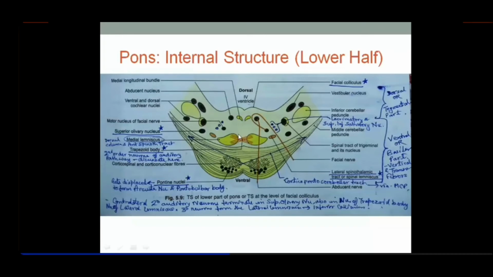So this actually is formed by the second order neurons coming from the nucleus gracilis and cuneatus from the opposite side. That means the fibers which are ascending up in the medial lemniscus are coming from the opposite nucleus gracilis and nucleus cuneatus, and these are the second order neurons, right? And furthermore, the important thing is that here at the lower pons, you will find another tract which will join this, and that is the anterior spinothalamic tract.